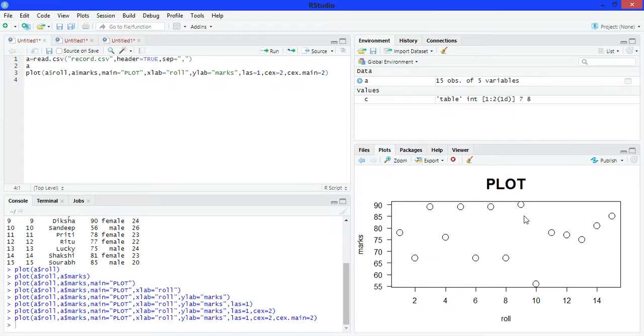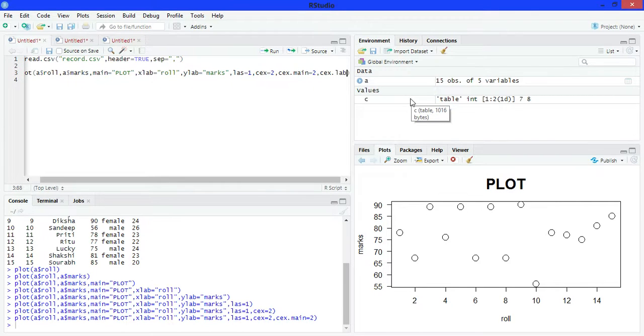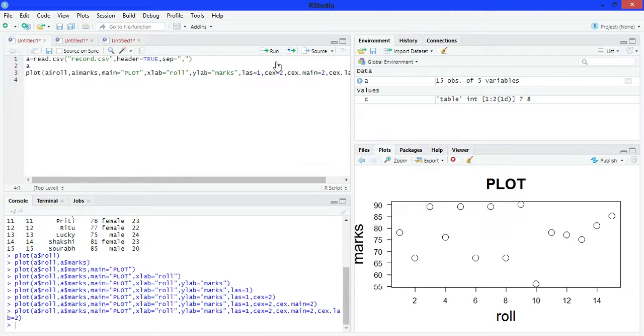If we want to increase the size of roll and marks, then write CEX dot LAB is equals to 2. Run it. See, the size of roll and marks have increased now.